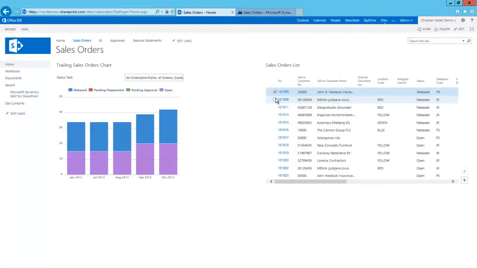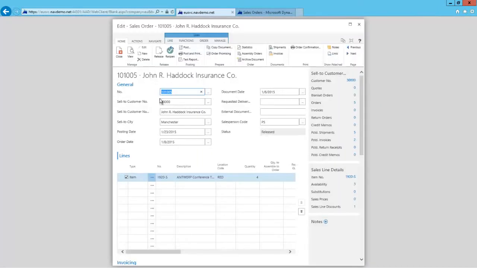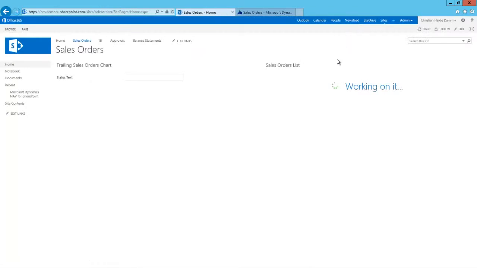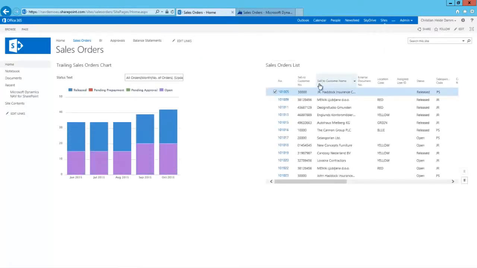I can open individual sales orders to see more details. I can make changes. And when I'm done, the SharePoint page shows me the up-to-date information. This is the kind of experience we would like to create. So let's now turn to how we can actually do that.